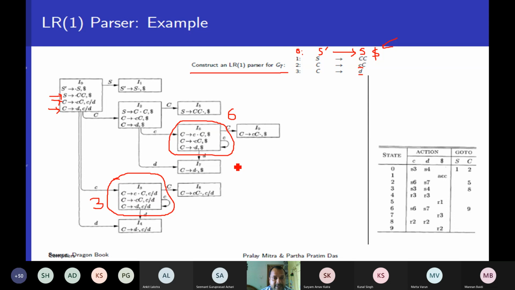So the look ahead symbol was added with a comma, and since it is LR1, only one look ahead symbol was there. In state 3 it is C or D, so C/D was written. In state 6 it was dollar, so dollar was written. But if I look at the production rules only and assume there is no look ahead information, then dollar will not be there in state 6 and C or D will not be there in state 3. Then you see the production rules are the same for state 3 and 6, and that is also my LR0 state.